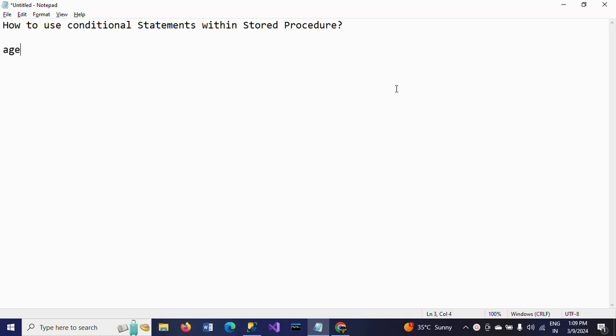First one is if age is less than 35, I am considering as youth. If it is between 35 and 60, I am considering as middle age. And if it is greater than 60, I am considering as old. This is the logic I want to segregate using the if, else if conditional statement for getting the output within